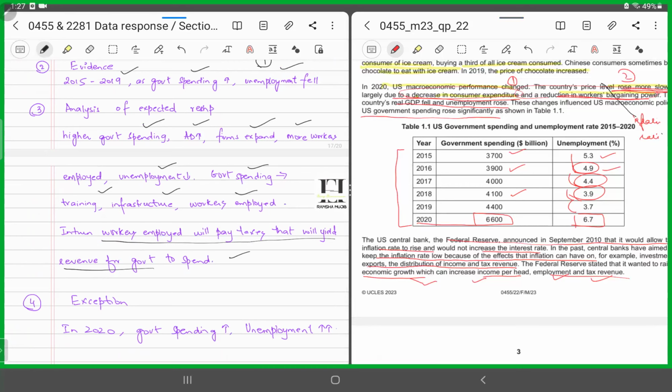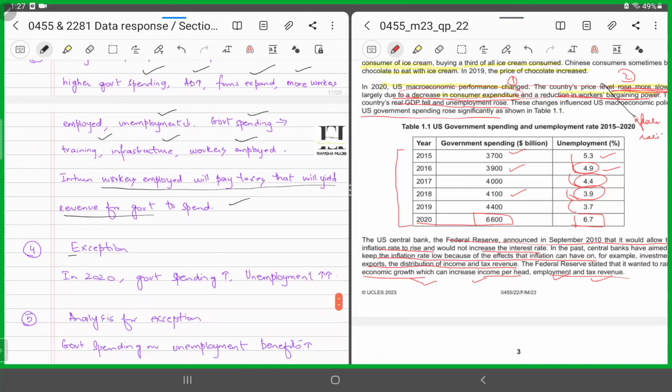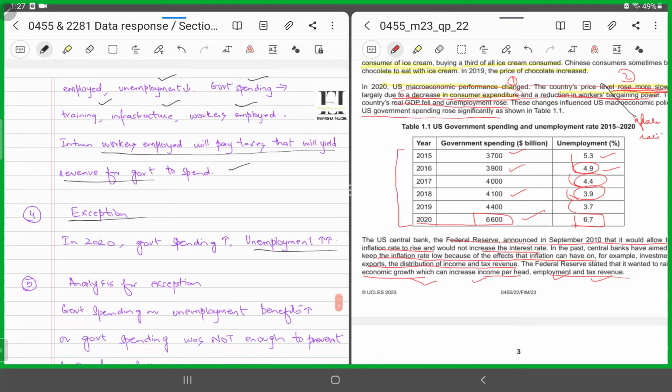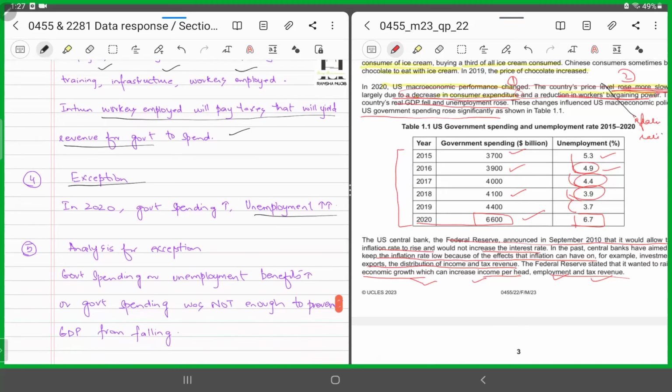However, there exists an anomaly. However, there exists an exception. Now, what was the exception? Again, like I had identified earlier, it was in 2020 that in spite of the fact that the government spending rose, the unemployment percentage, instead of falling, rose. What could be the reason behind this exception? Now you're going to say that the government spending on unemployment benefits rose,